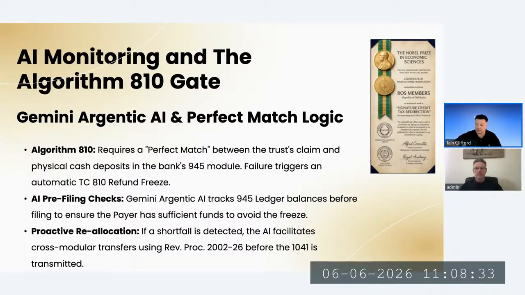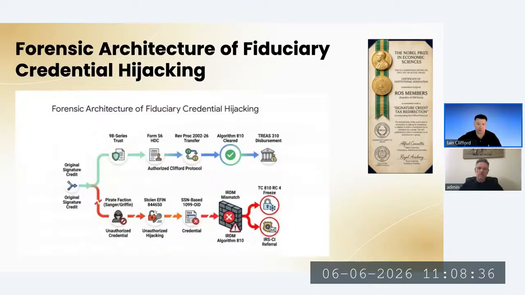So here's a bit of a diagram, if you like to look at it in a visual way. You've got the original signature on the left-hand side. If you try and redirect taxes and you don't have the foreign grantors trust set up, that's the red arrow down the bottom, you're going to end up with an IRS algorithm 810 freeze and never going to get the taxes redirected. And that is because basically